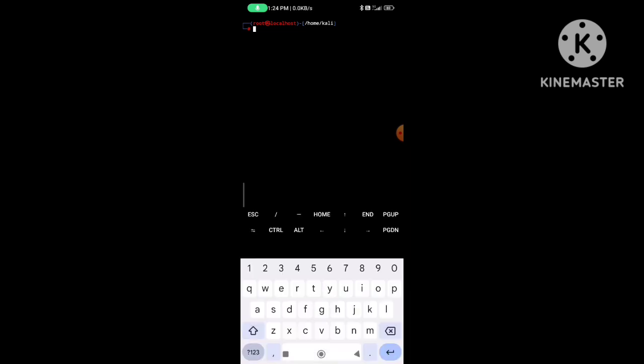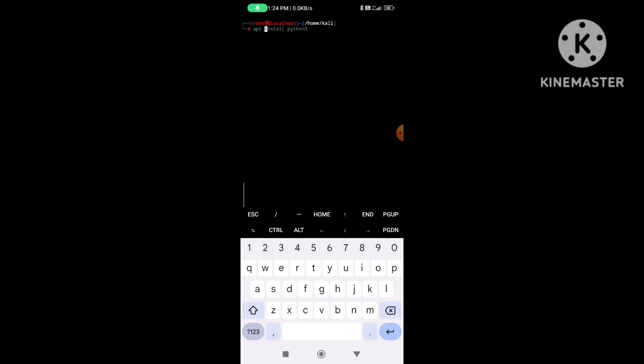First, make your terminal update and upgrade. For making terminal update and upgrade, you have to type apt update and apt upgrade. You have to be in the root directory. So after that, you have to make update and upgrade. After making update and upgrade,